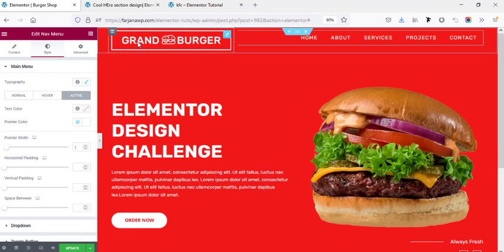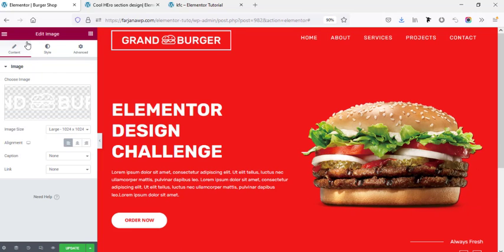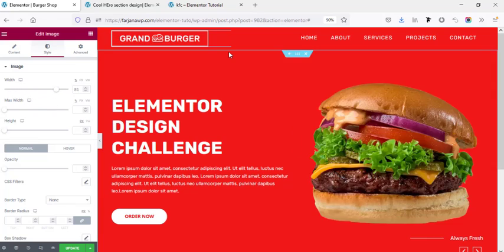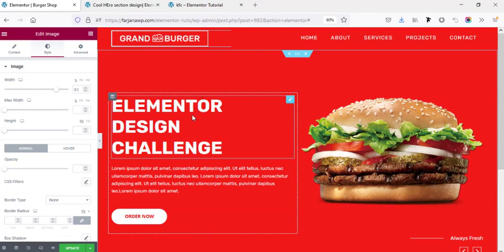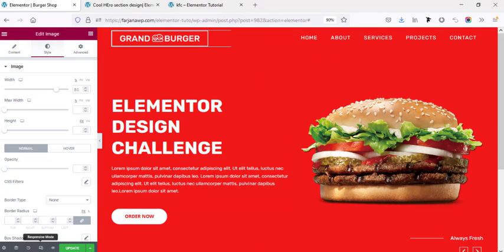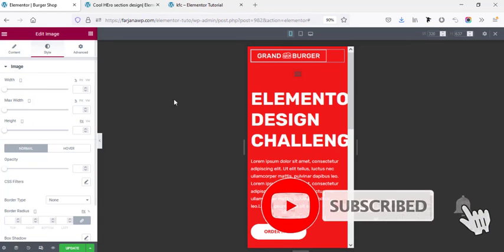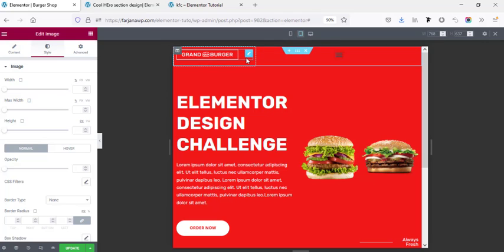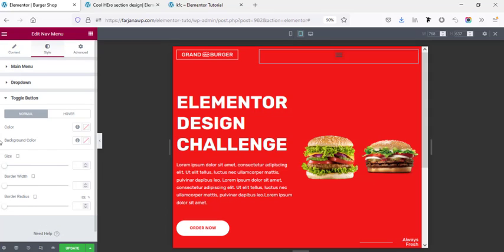And here you can change the image size, so going here making the alignment to left, and going to style tab, changing the width. Alright, so we are done for our desktop design, and now I'm going to check the responsive view. So for that, in the bottom left corner here is responsive mode, and first I'm going to the tablet view. So first fixing the header area, I'm going to the menu, and here is the toggle button,